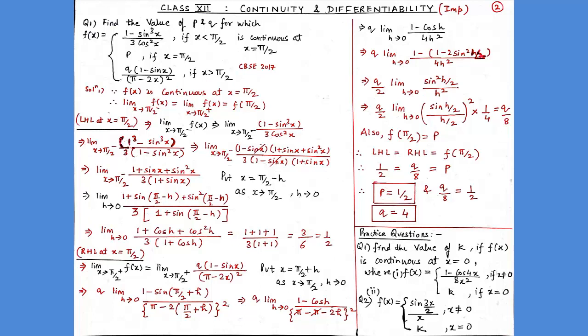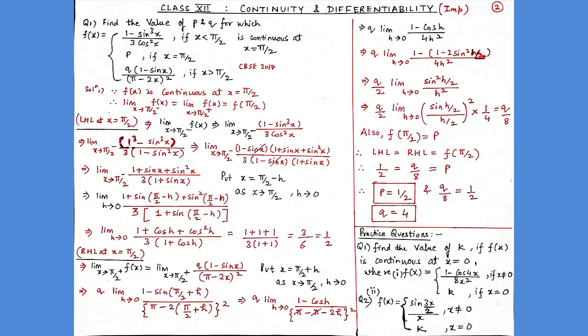And now, as I have already told you, whenever we have a function cos with 1, we have to eliminate 1 by applying the identity. So from here, we can write this as q into limit h tends to 0, 1 minus, and we know that cos 2x is equal to 1 minus 2 sin square x. So from here, cos x is equal to 1 minus 2 sin square (x upon 2). Therefore student, I can write cos h as 1 minus 2 sin square (h by 2). We will divide it by 2 because we have cos h, and in the denominator we have 4h square.